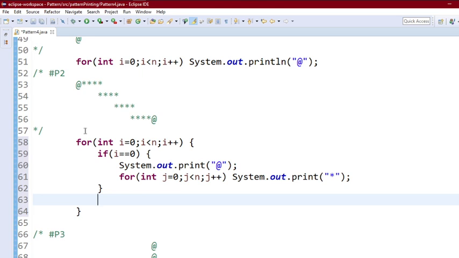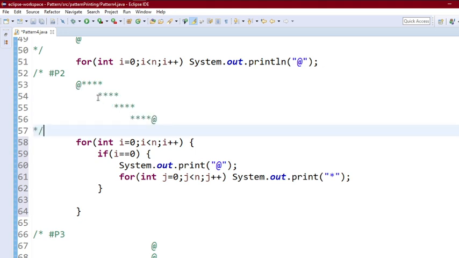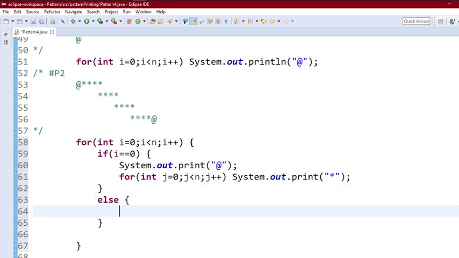So before that, let's handle the remaining part of the second part. For the remaining part, first we have to print the white spaces. How many white spaces do we have to print? We have to print a total of n minus 1 plus 1 white spaces for the first line, (n minus 1) into 2 plus 1 white spaces for the second line. So we can say that we are printing i into (n minus 1) plus 1 white spaces every time we print the row.